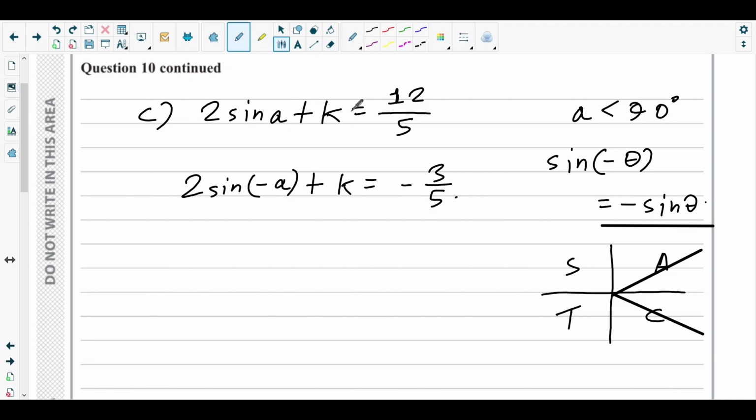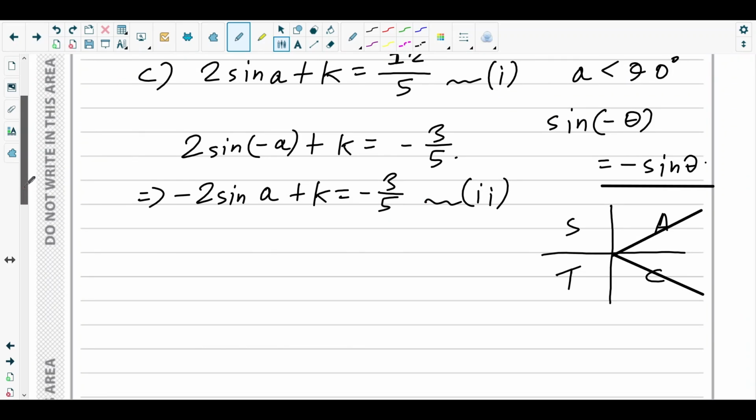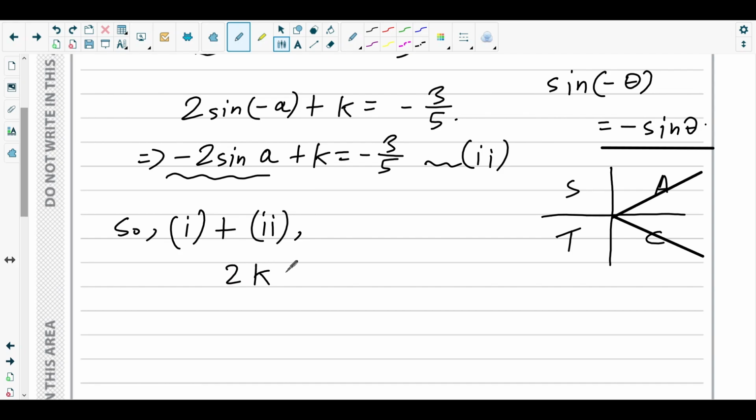Okay, so this is equation 1, this is equation 2. Let's simplify the second equation: -2 sin a plus k equals -3/5. This is equation 2. Now what we will do, we need to eliminate a. We just need the value of k. So add the 2 equations, equation 1 plus equation 2. The positive 2 sin a and -2 sin a cancel out, so you will get twice k equals